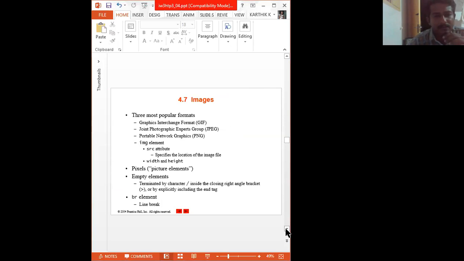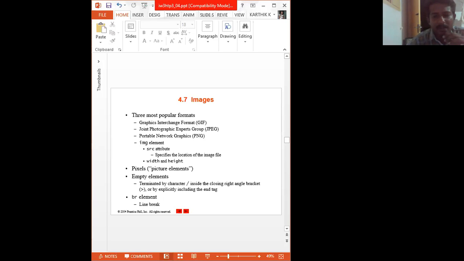Images. So how can we import images? So we showed how to mark up documents that contain only text, but web pages may also contain images, animations, graphics, audio, and even video. The most popular image formats used by web browsers today are PNG or JPG. PNG is Portable Network Graphics, and JPEG is Joint Photographic Experts Group.